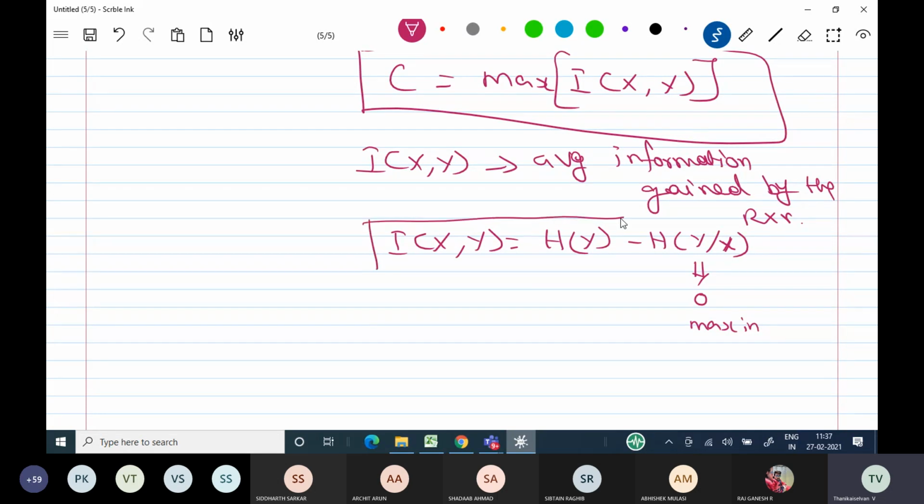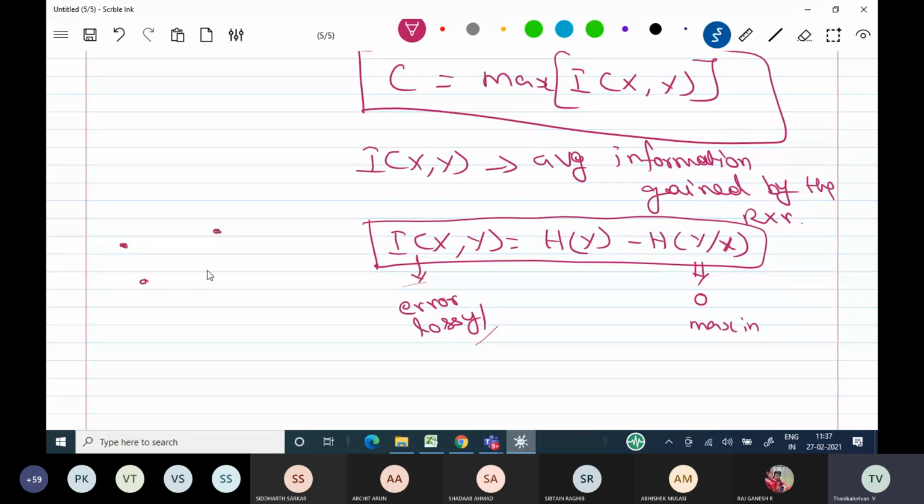So the I(X,Y) value is based on the error present in the channel, whether the channel is a lossy channel or a lossless channel. These factors are involved in getting I(X,Y). Out of various conditions, you see this. Here I have 3 symbols on the transmitter side and 3 symbols on the receiver side, with a lot of connections: X1, X2, X3 and Y1, Y2, Y3.